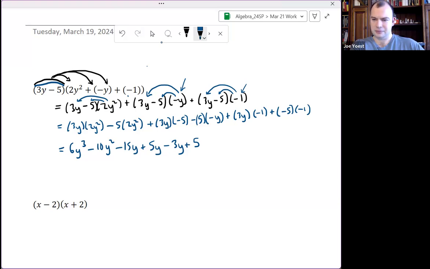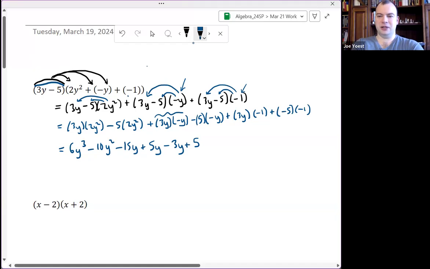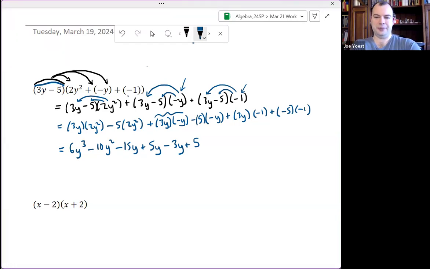And I made an error here. What did I mess up? I made a mistake when I was copying down. This term here should be negative y times 3y. And I had just looked at the previous line wrong and copied down the negative 5 times 3y. So I made a little mistake there. How did I realize that I made that kind of a mistake? Well,